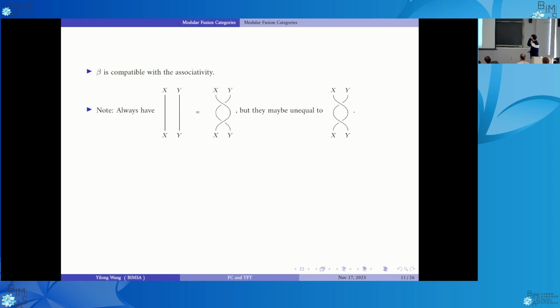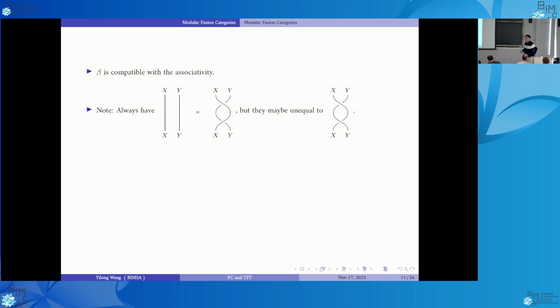And we always have the identity equals the braiding composed with its inverse. And that is implemented by the Reidemeister 2 move. So Reidemeister 2 is always true, but it's not true that they are always equal to the double braiding. So you can see there's a difference between braidings here. So you cannot